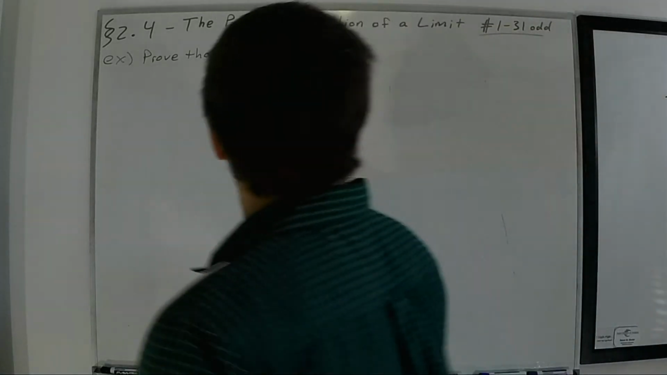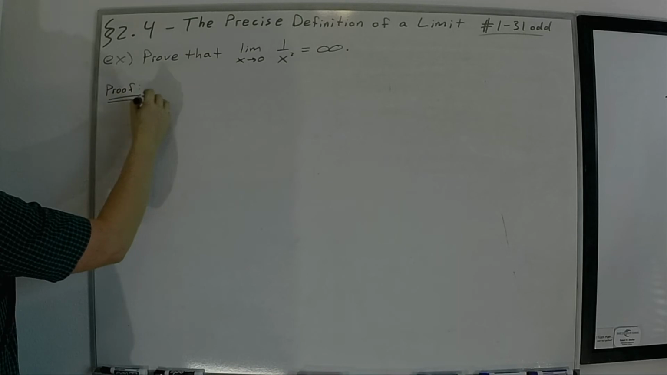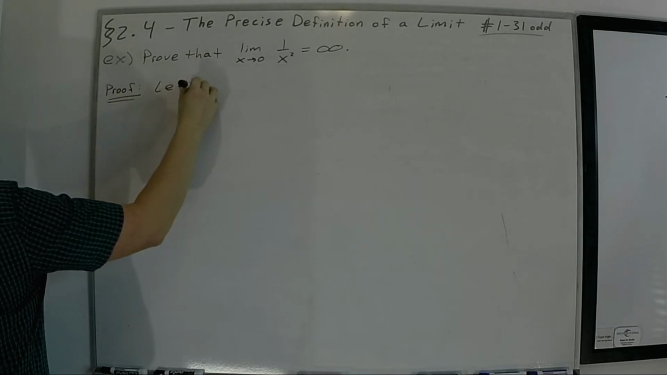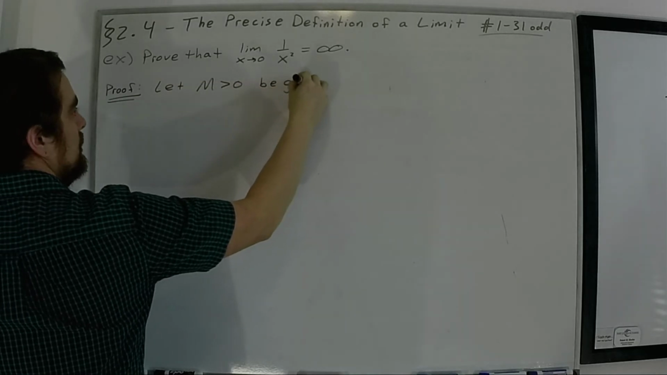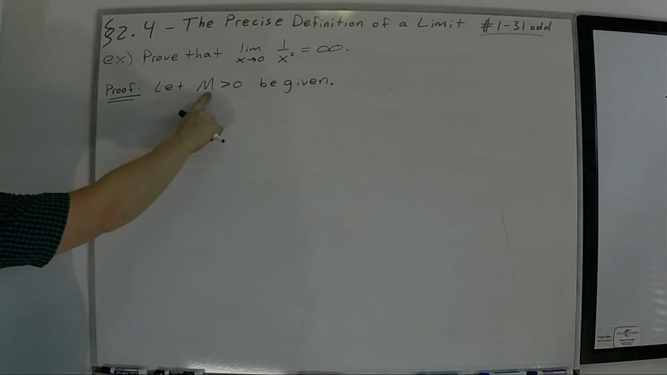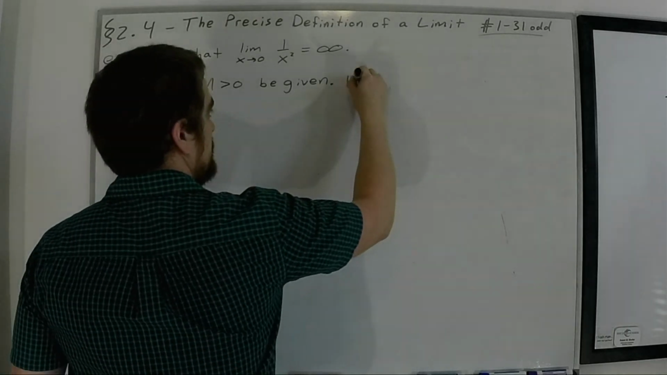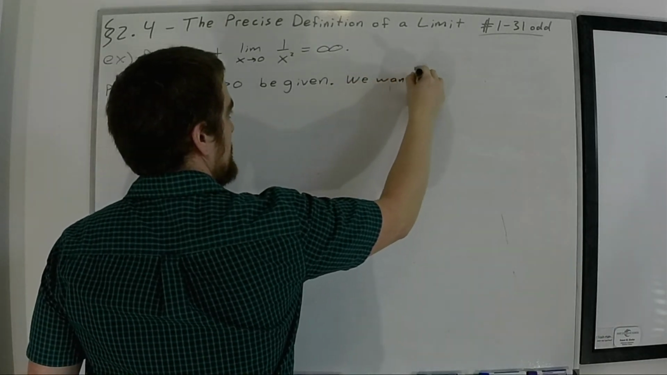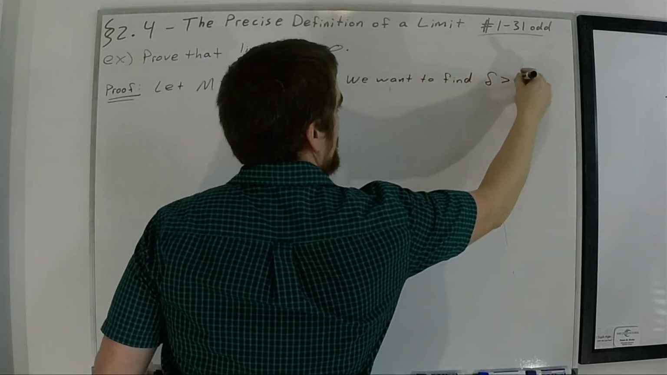So, our proof. Not using epsilon this time, we're going to say let M positive be given. We want to start out by saying, hey, someone just handed us this very, very large number. We want to find delta positive